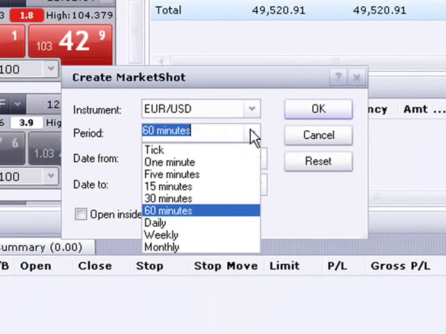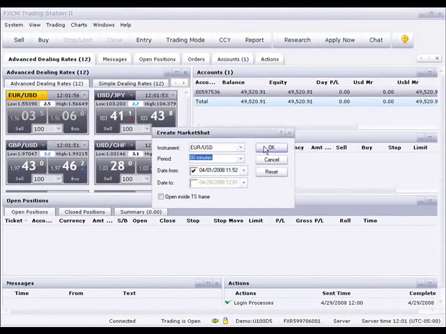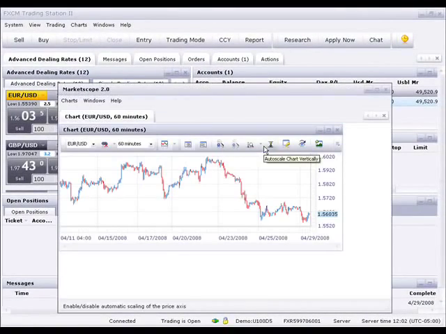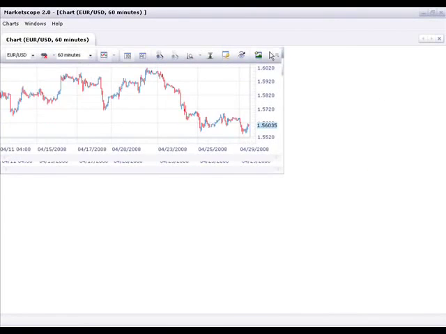Select the time frame there, which we're going to chart hourly in 60 minutes. And then the date from, which I've selected April 1st here, so I'm going to chart the month, an hourly chart of this month as of this lesson, and then the date to, which I'm going to leave unchecked, which makes it default to the current time frame. Okay, and then once you've done that, you can click OK there. And that's going to bring up the chart window, which you can maximize there so you can get a better